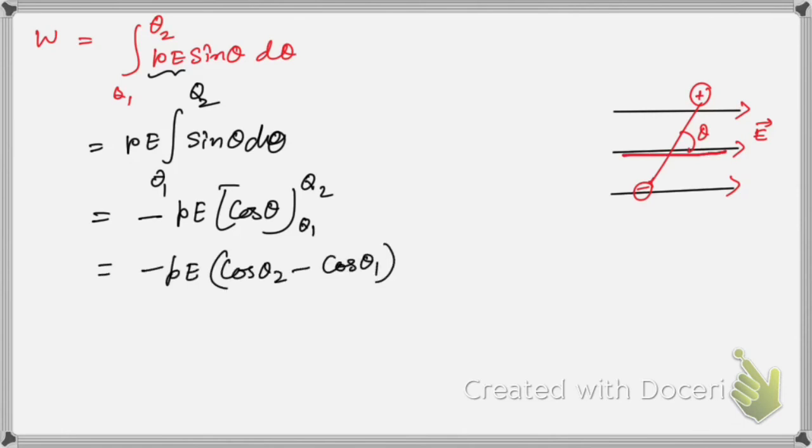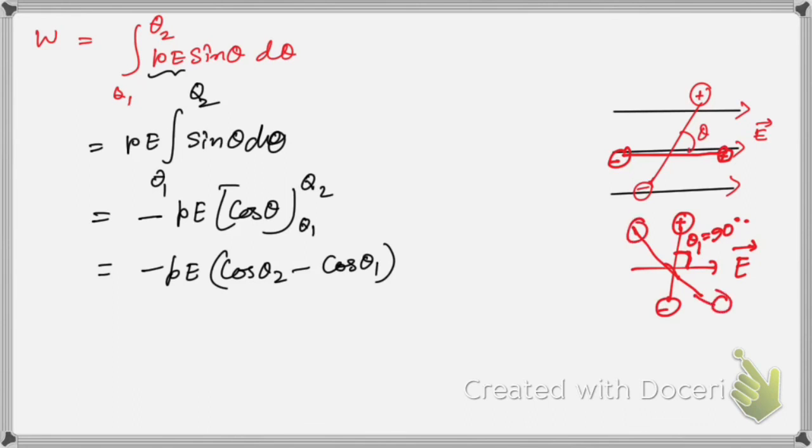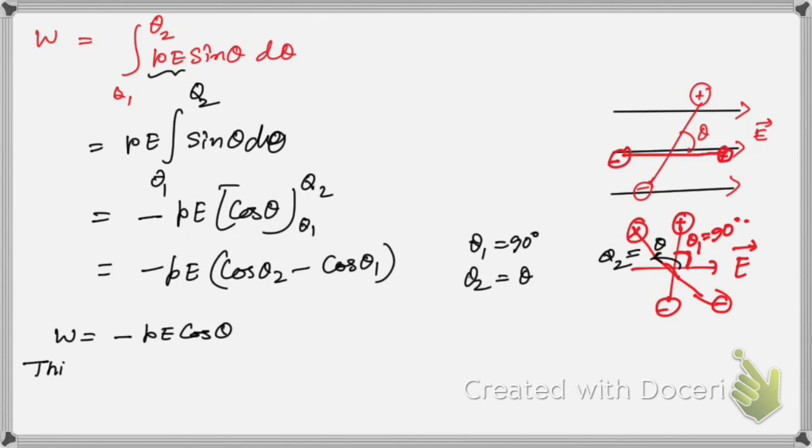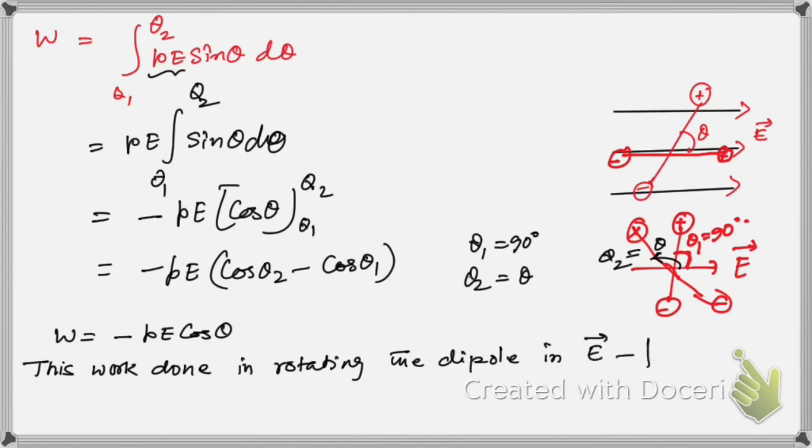Now let me consider that theta 1 is taken when the dipole was perpendicular to the electric field. Suppose when the dipole was perpendicular to the electric field, that is theta 1 is 90 degrees, and this angle theta 2, let me take as equal to theta. Okay, then we will get cos 90 is 0, then theta 2 is theta, so work done will be given by minus PE cos theta, and this work done in rotating the dipole in an electric field will be stored as